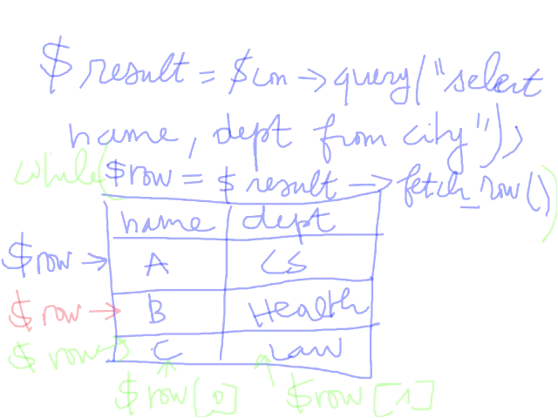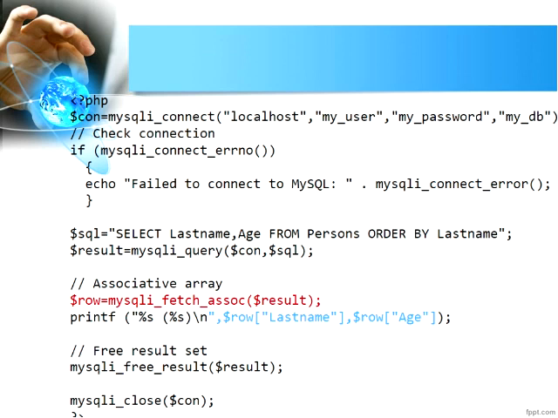Welcome. So we can use row 0, row 1, row 2, row 3, etc. if we use fetch row here. Fetch row, we will use 0, 1. Why? Because we have only name and department. So for the name is 0, for the department is 1. There are other manners to